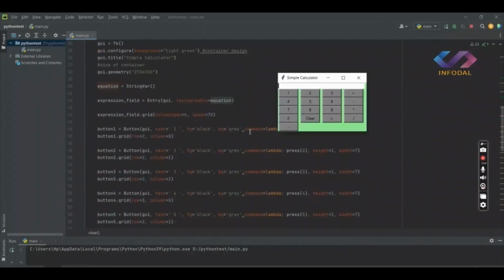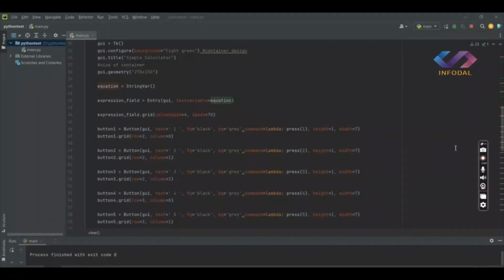Okay, so if you want to do any calculation like 5.4 into 3, it will give out all the expressions in decimals too. Okay, so now that you have learned how to make a GUI calculator, you can make it by yourself. Have a good